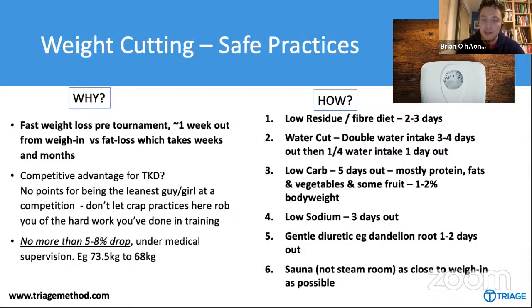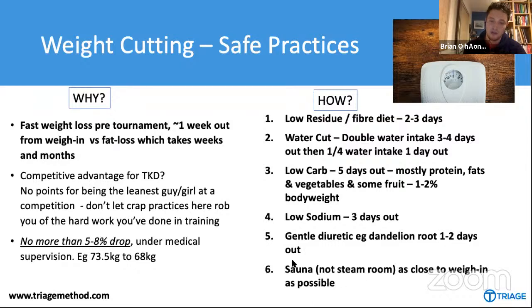And then, purposeful sweating using a sauna. Saunas are much better than steam rooms because steam rooms place a lot more stress on the body and you don't lose as much water weight. If you're going to use this as maybe a last resort, if you still need to cut some weight, you're going to do it as close to the weigh-in as possible. Go in for 15 minutes, come out, dry yourself off, weigh yourself, and repeat that 3 or 4 times, provided it's safe to do so.